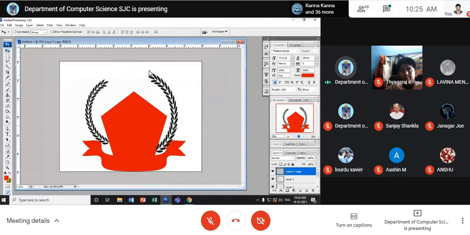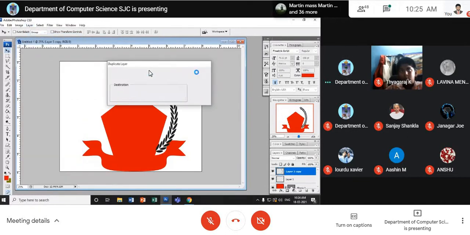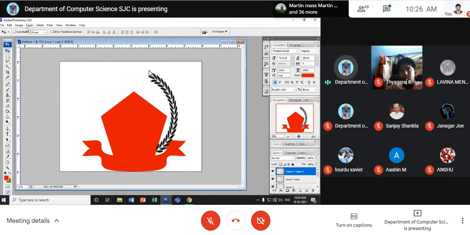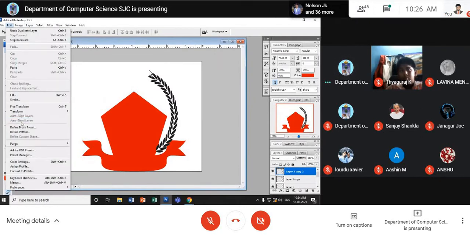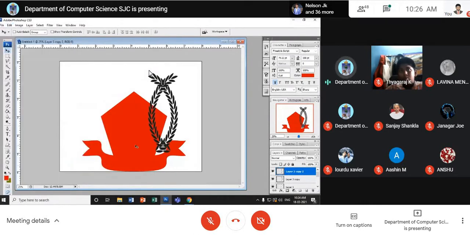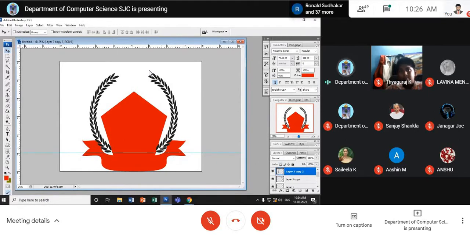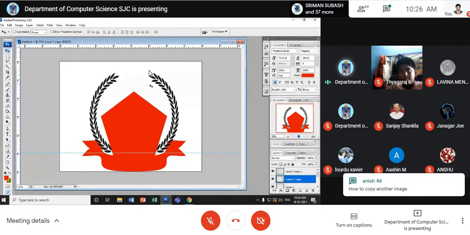Okay, right. Now I want the same to make the other side. So delete this, the left side. I take this, make a duplicate, by pressing the Alt key. Now what do I do? I go to edit, transform, and flip horizontal. Right. I take this. You can move it with the arrow tool, and take the grid lines, so that it will help you to keep it exactly in the right place. Right. I have kept it. Okay. Right. I have made it.